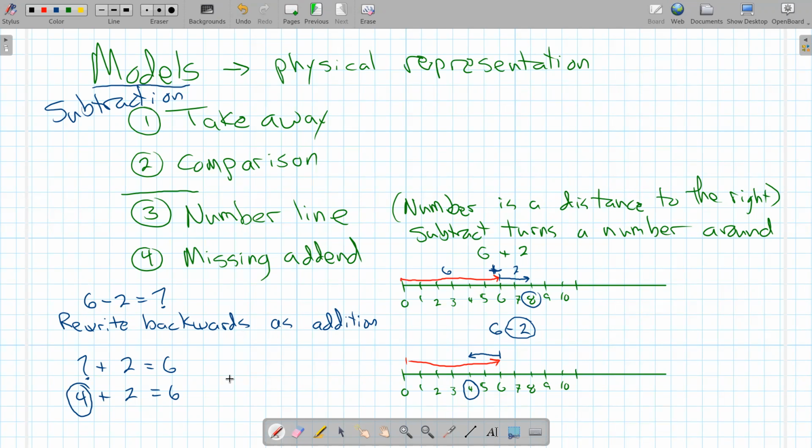Now, models are great. They help us think about what subtraction means. Why do we get an answer like 4 when we do 6 minus 2? Why isn't it something else? Why isn't the answer 3? Okay, well, because subtraction means take away or compare. That's why. So without that definition, we don't have an answer. Now, that's all great. Good to get started with subtraction means we have a physical way to do it, but